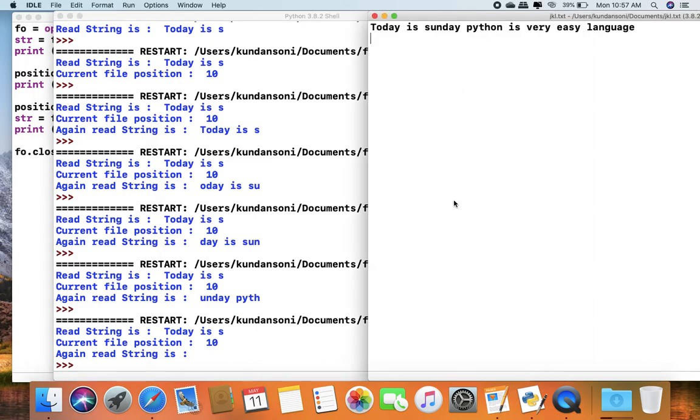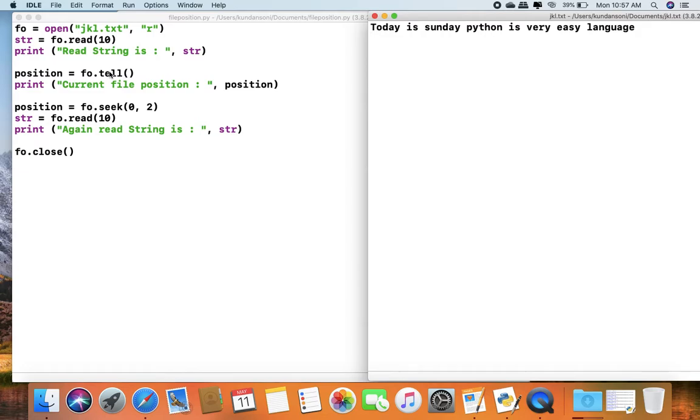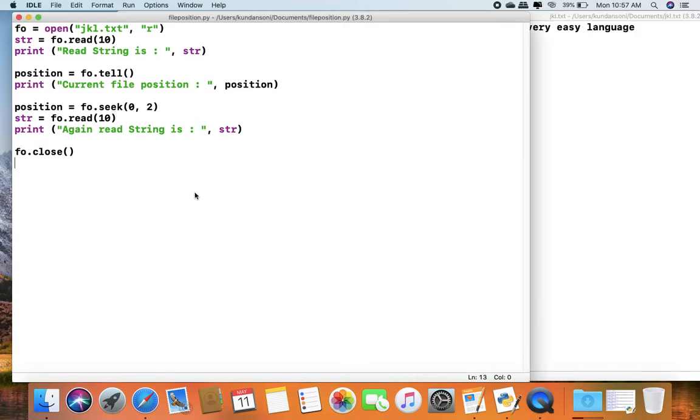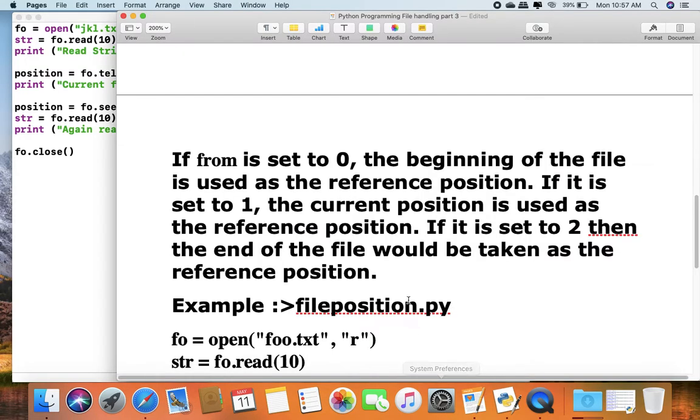So we learned today the tell function and the seek function, and we have 3 variations of the seek function. What are the 3 variations? If it is set to 0, then the beginning of the file is used as the reference position. If it is set to 1, then the current position is used as the reference.